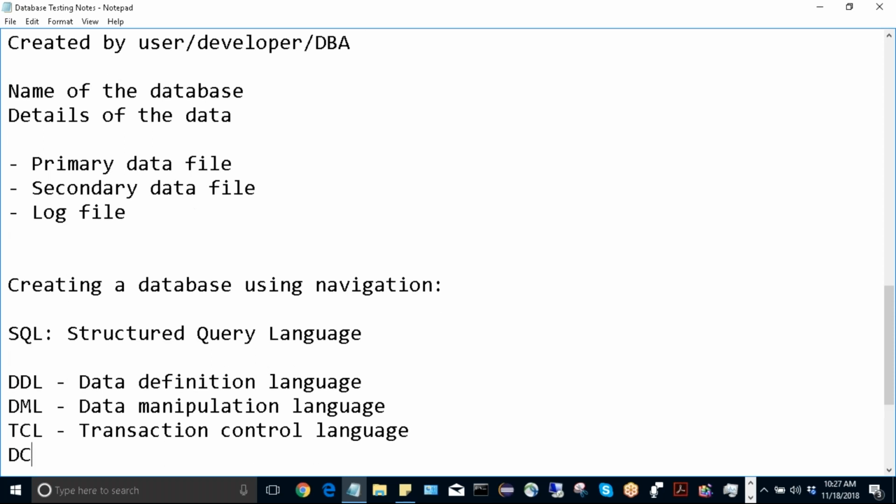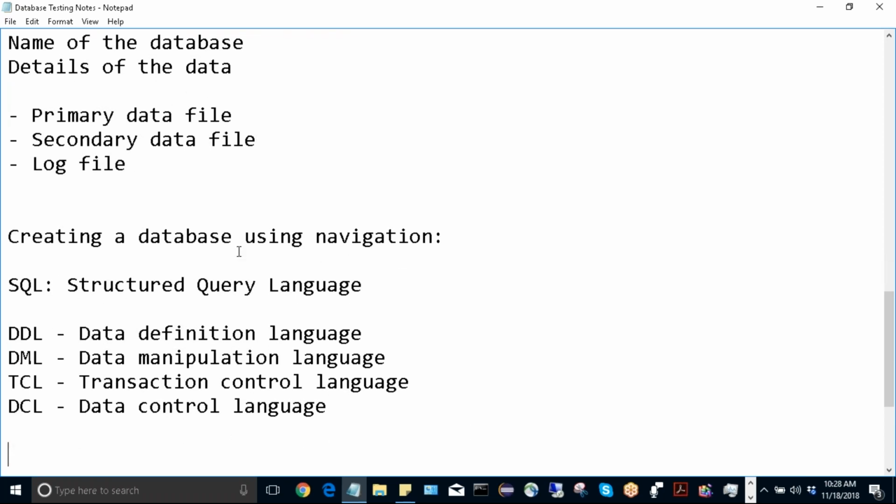And finally, DCL. DCL is known as data control language. Okay, so mostly we will be using DML, not even DDL, but DDL is just to create. So what are the different commands that are used in DDL, data definition language? Create, alter, drop, truncate. These are the